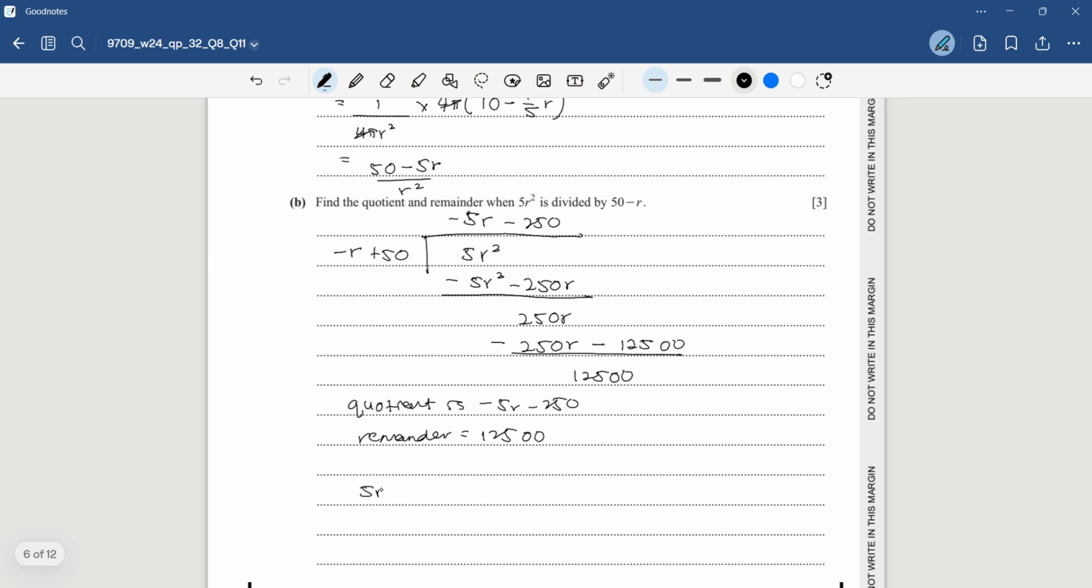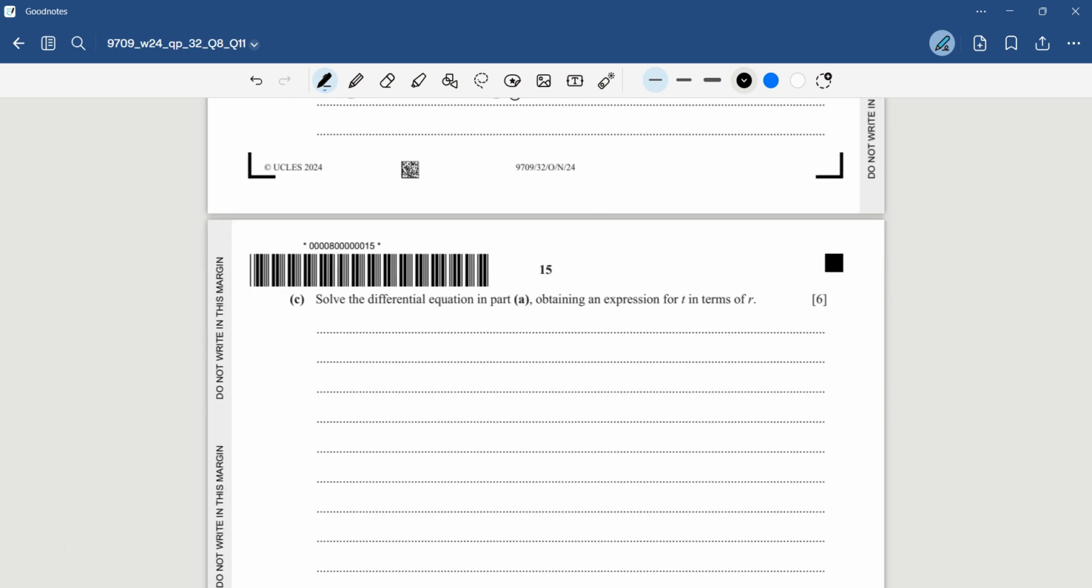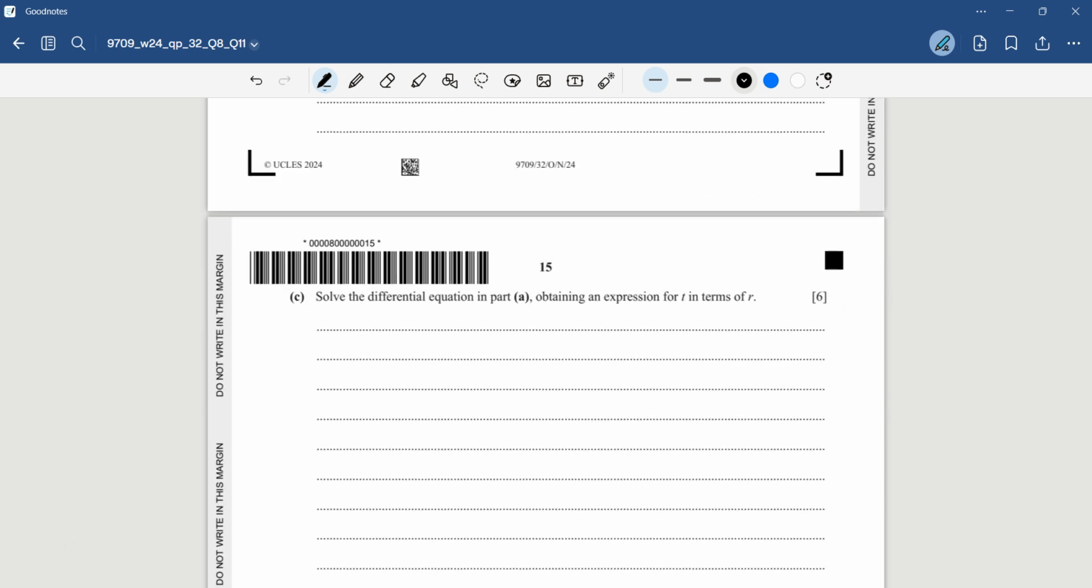Okay, so 5r squared divided by 50 minus r is equivalent to, you can rewrite that as 12500 over 50 minus r, minus 5r minus 250. Okay, you can rewrite it in this form, which will be helpful for the next question, I guess. Okay, solve the differential equation in part A, obtaining an expression for t in terms of r. So just now we have